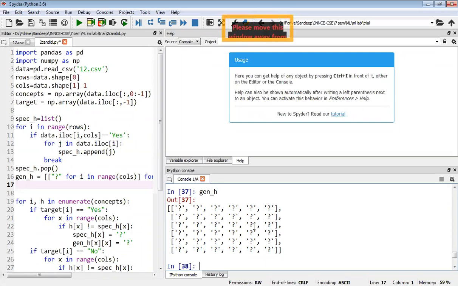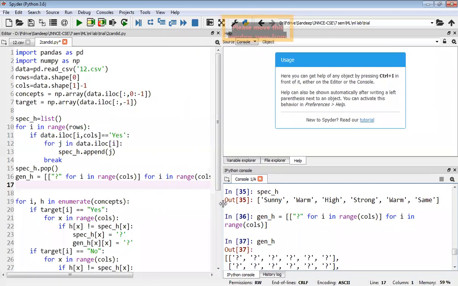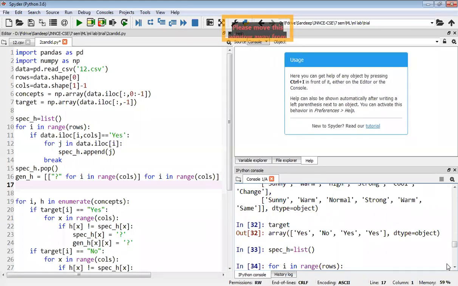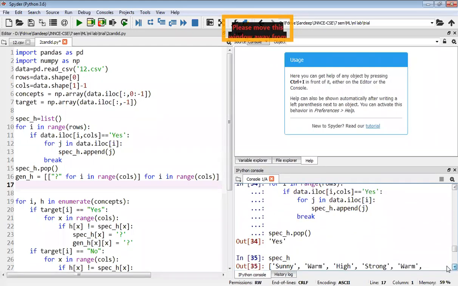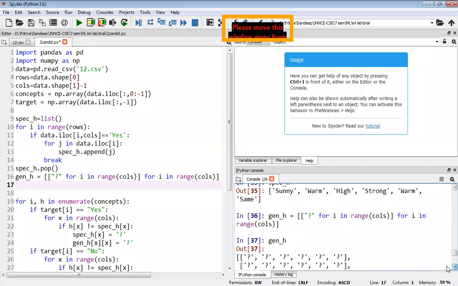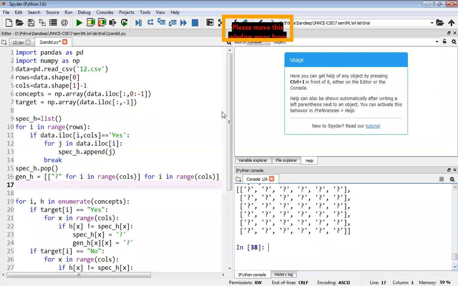Have you understood? We have created a list, general_h, for the general hypothesis, which is 6 by 6, almost a two-dimensional array, though here we call it a list. Each row has 6 question marks, totaling 6 rows and 6 columns. Why have we created this list of question marks? Because there are 6 attributes in our example.